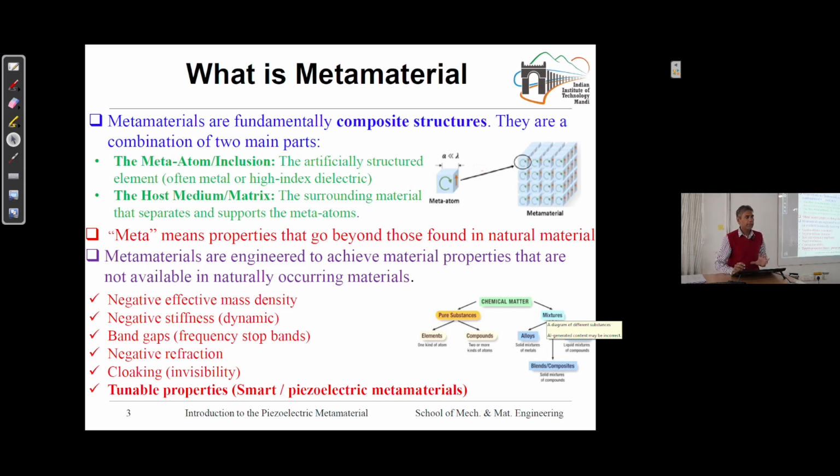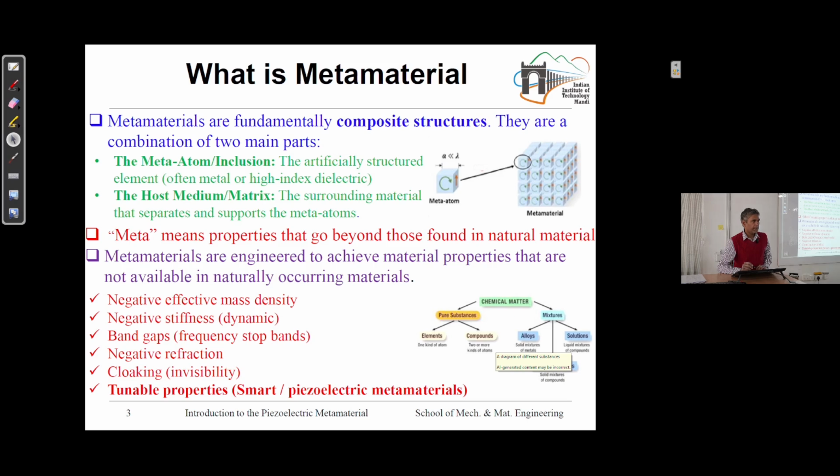What chemical constituents are in the material, based on that the property depends. But sometimes we need unusual properties that are not available in natural materials, then we can use the